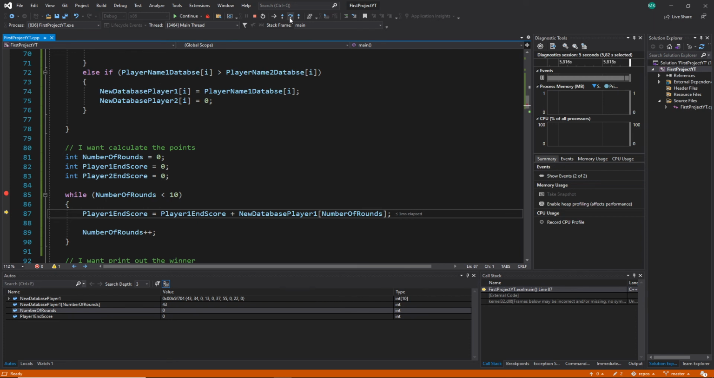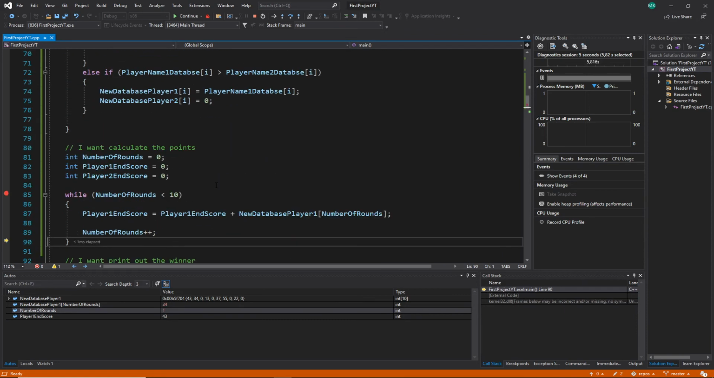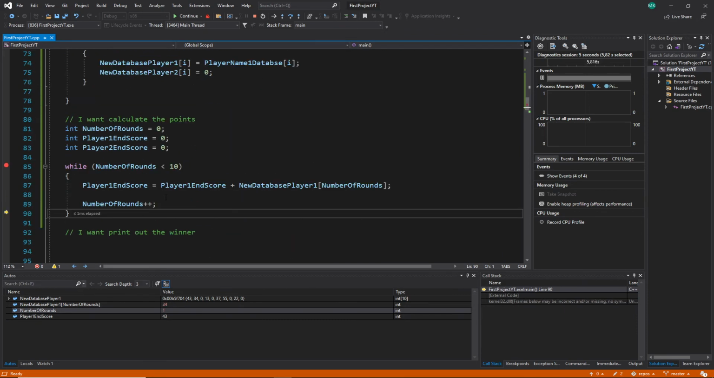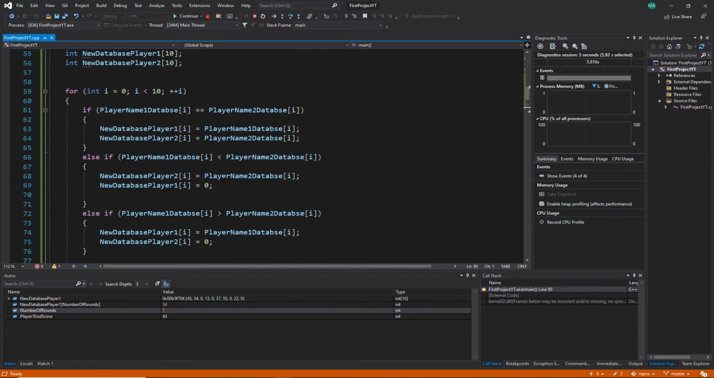So let's see what happens if this expectation comes true. The first round is not done. Now the first round is finished. And now we will see the first round. It says new database player 1, end score, player 1, end score is 43. Is this true? Now you have checked this debug value against what you expect. At this point I expect player end score 1 plus new data player 1, 2. Is this right? 43, yes, it's indeed